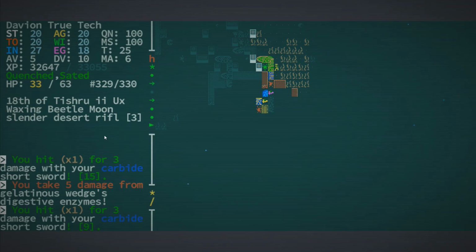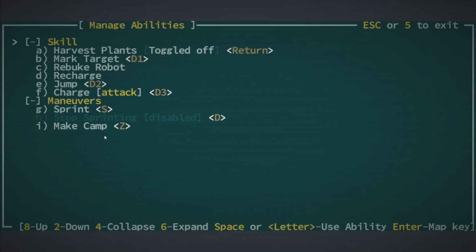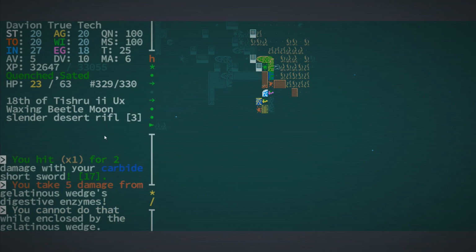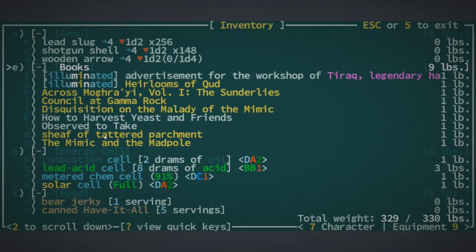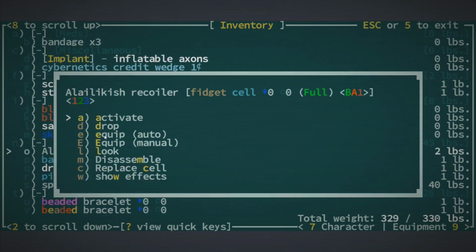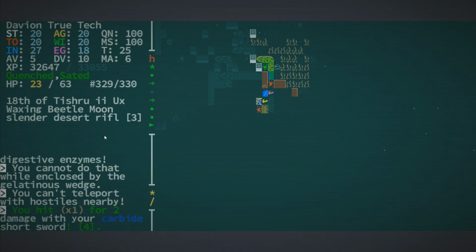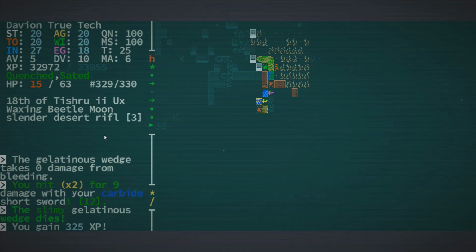Alright, how do I get out of this thing? I don't think I can jump out. Alright, I think I got something on me that's going to kill me if I don't do something quick, so let's see if I can use this recoiler right now. Yeah, I can't tell, we're all hustling nearby, so that's something good to know. Alright, I killed it, but...